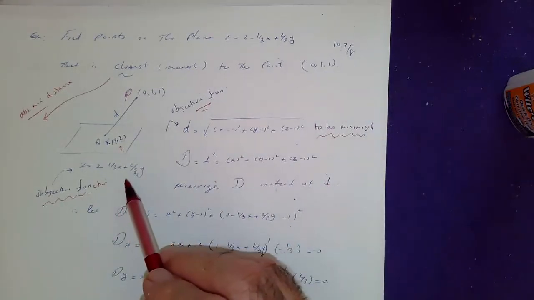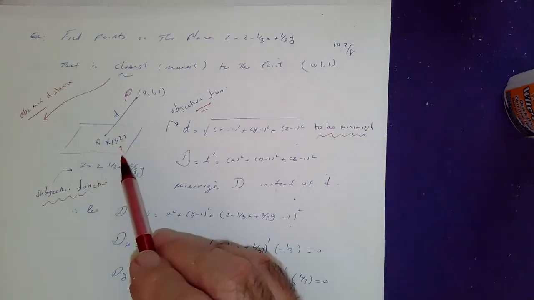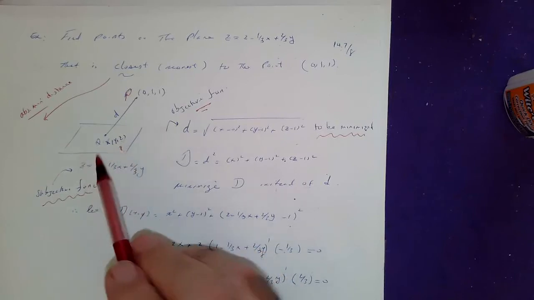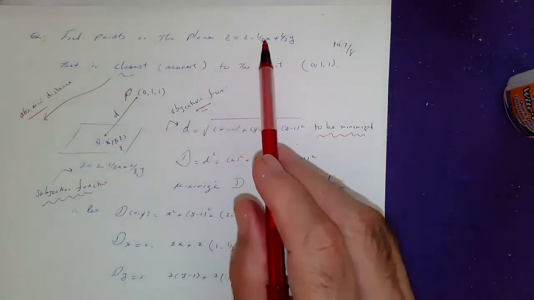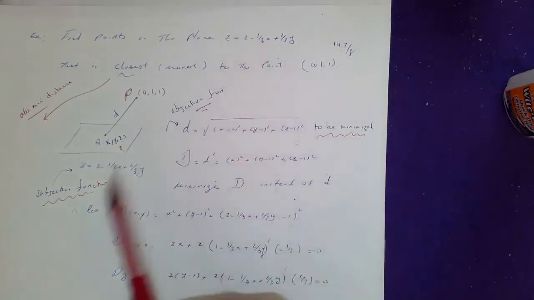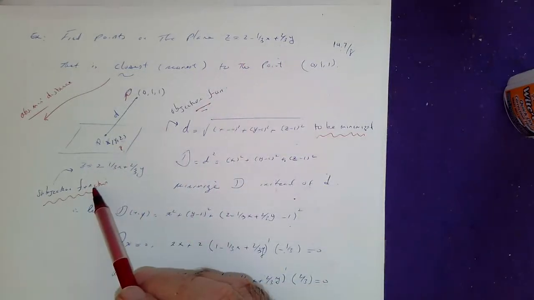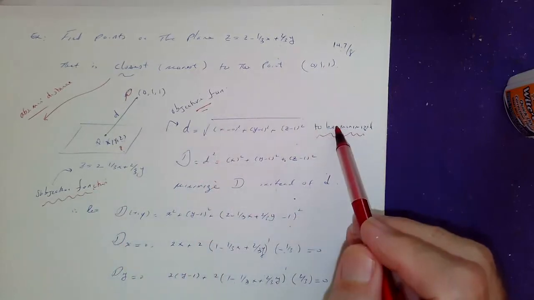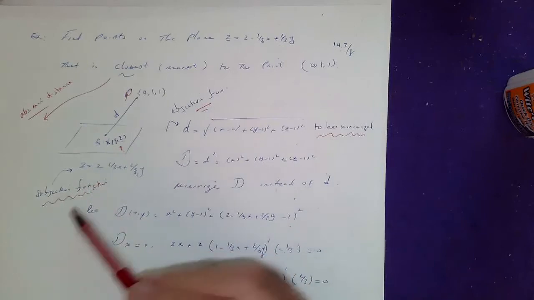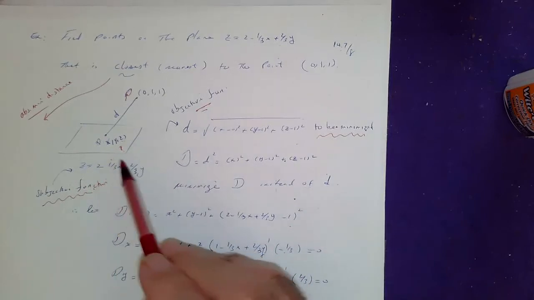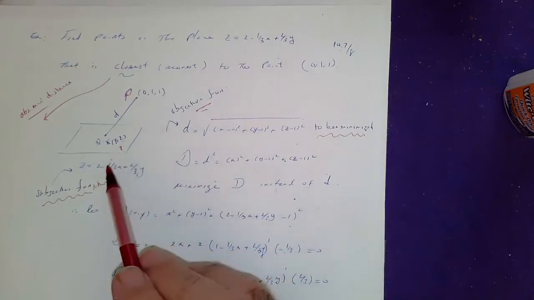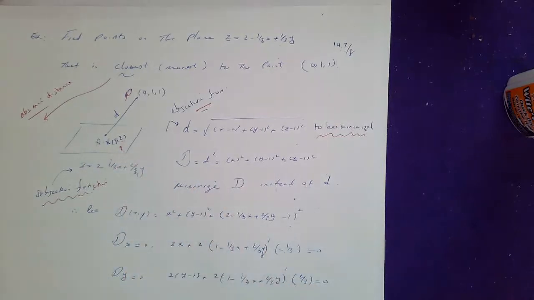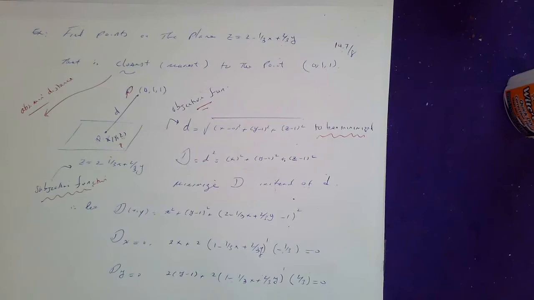But the restriction they give you, like in this case, is: not any point in the space, but only those points which lie on this plane. So the objective function gets to be optimized subject to a condition or side condition. These are called constraint equations. In this case, it is the equation of the plane. Anyway,